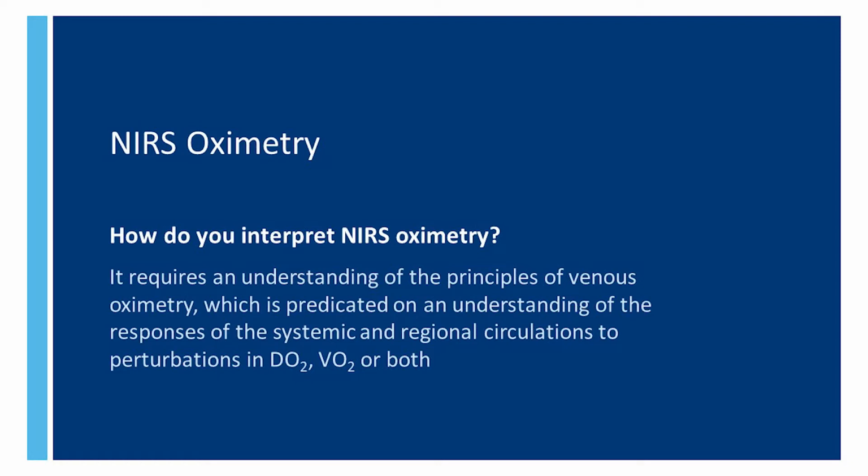Hospital. The use of NIRS oximetry often generates many questions, such as, what does it measure? How do I respond to the reading? And what is the impact of any of a number of potential interventions on the reading? Many of these questions are answered by addressing the fundamental question of how do you interpret NIRS oximetry? The NIRS oximeter-derived oxygen saturation is viewed as a surrogate for the corresponding venous oxygen saturation. For this reason, the use of NIRS oximetry requires an understanding of the principles of venous oximetry and accordingly, an